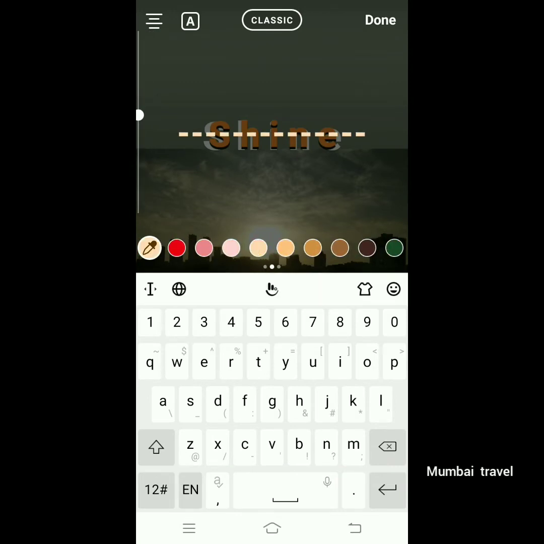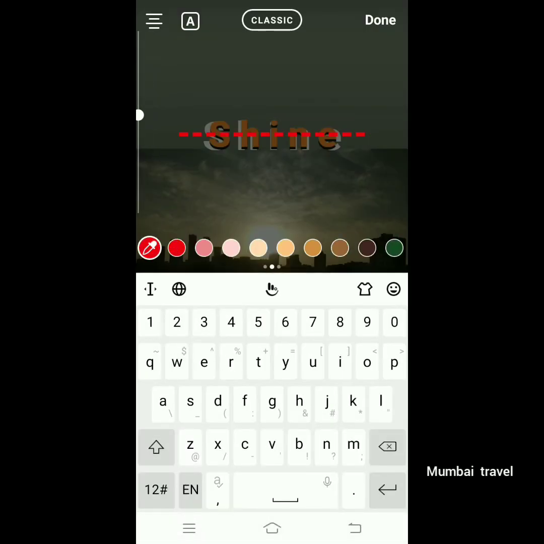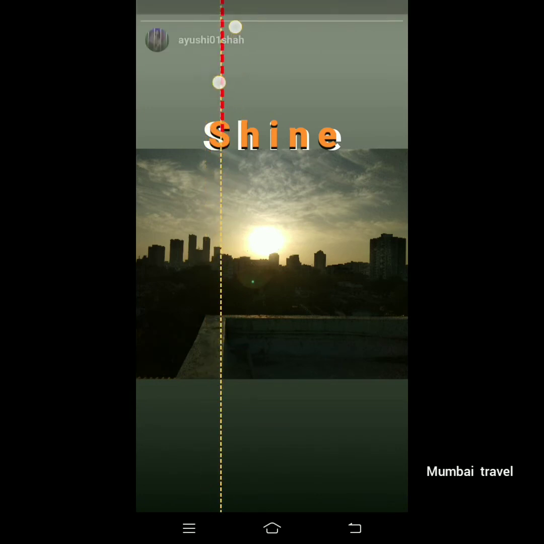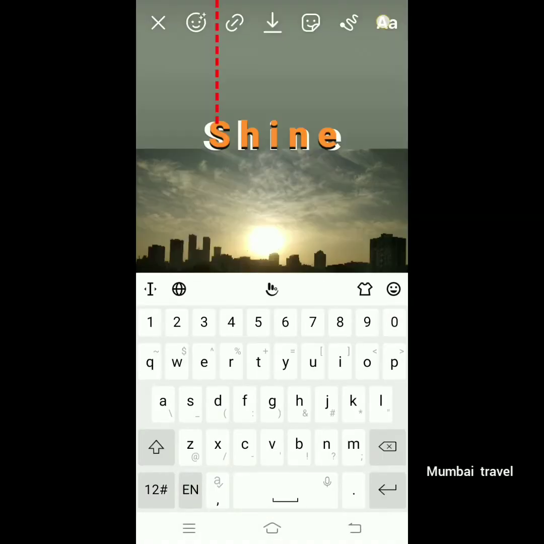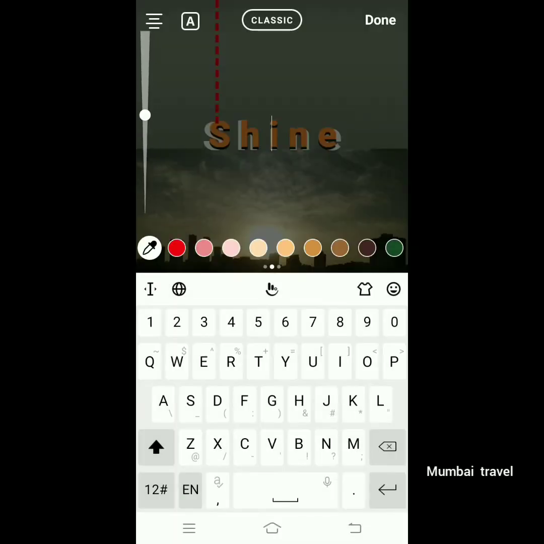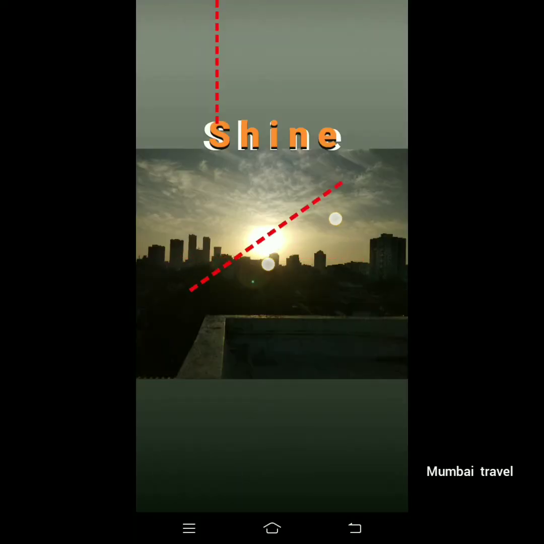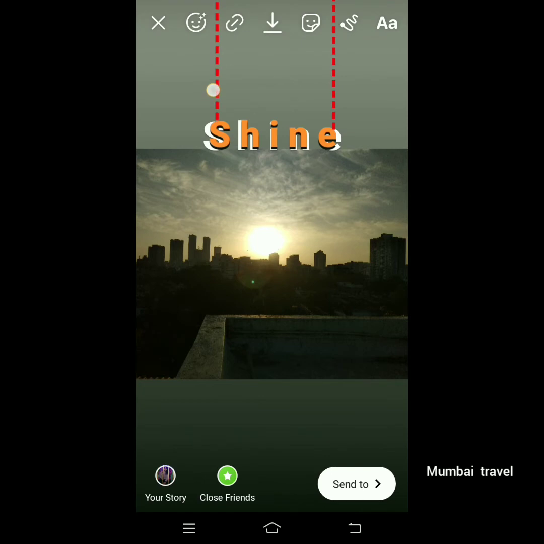I have tried different variants, and then I came up with the red color, which was looking really good with the shade I have selected, and I just placed it on the first letter so that it gives a hanging effect. You can use the first and the last to keep a hanging effect with the same color obviously, or you can keep the first, last and even the center word or letter and give it a hanging effect.